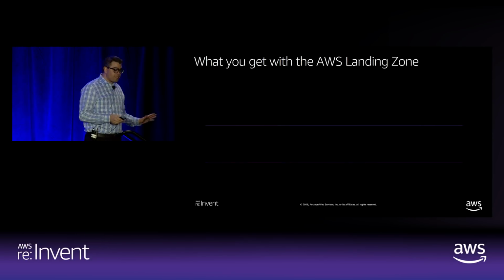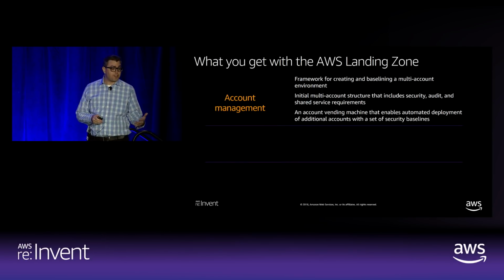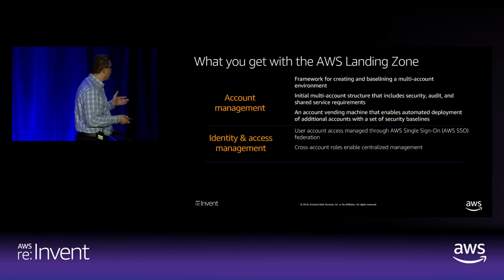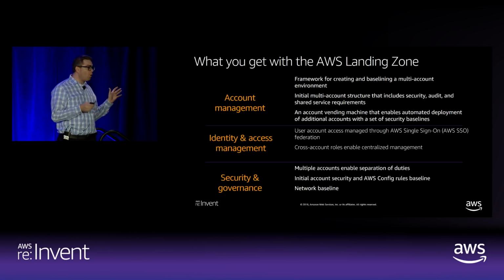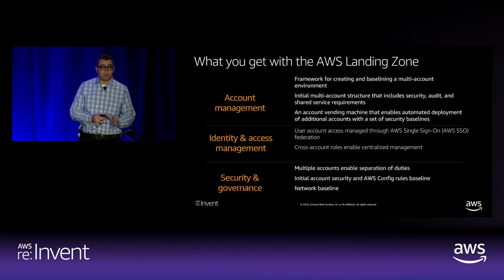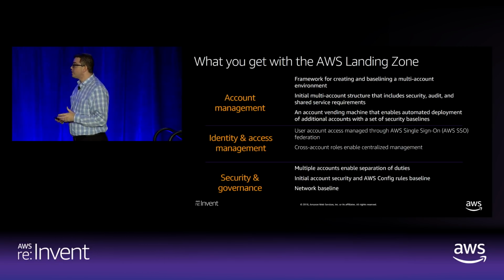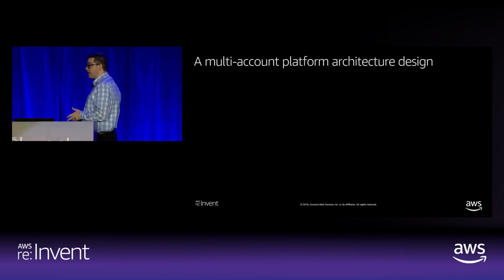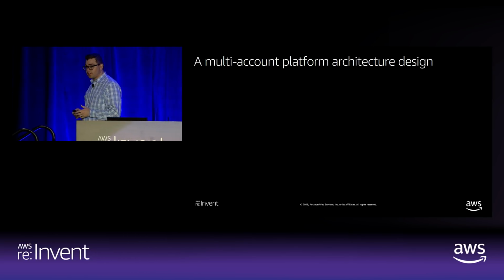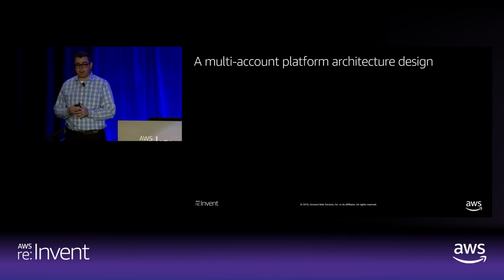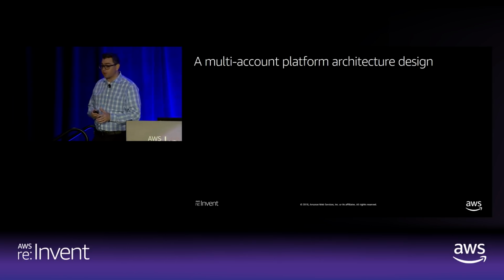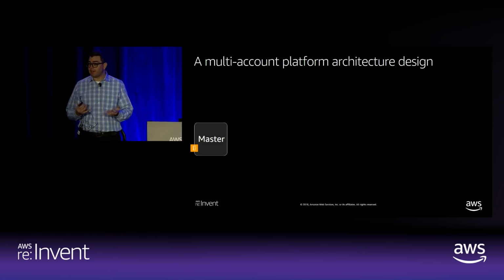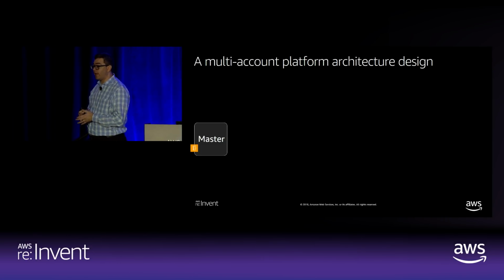What you get with it is the ability to provision multiple accounts through AWS Organizations and Identity and Access Management. These core concepts that you're seeing here still apply through the service that was just announced. So a multi-account platform architecture design varies based on use case. I want to talk to you about a design pattern that I evangelize and why I think it's relevant. I want to talk to you a little bit about what we call the master account, right? Maybe many of you are familiar with the master and linked account strategy.